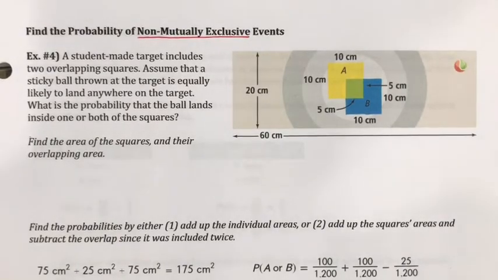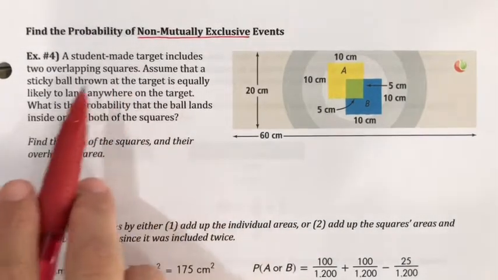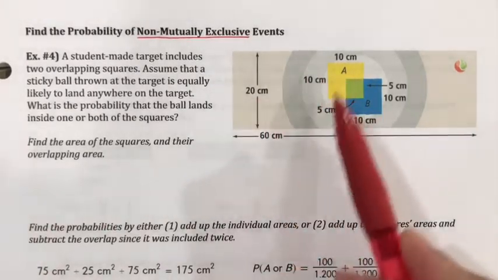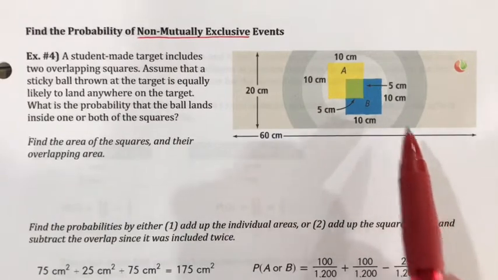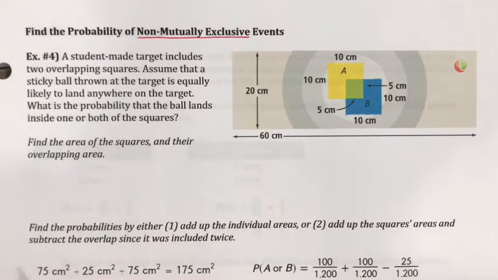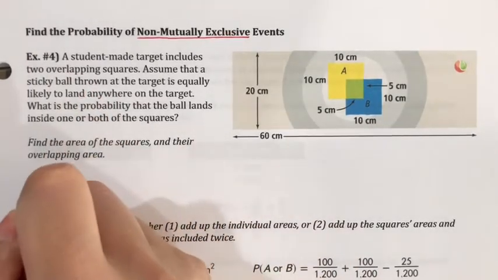So a student-made target includes two overlapping squares. Assume that a sticky ball thrown at the target is equally likely to land anywhere on the target. What is the probability that the ball lands inside one or both of the squares? Now, we saw in the previous section that with probability and pictures like this, like landing in a specific area, we would need to find the individual areas. So I'm going to find the area